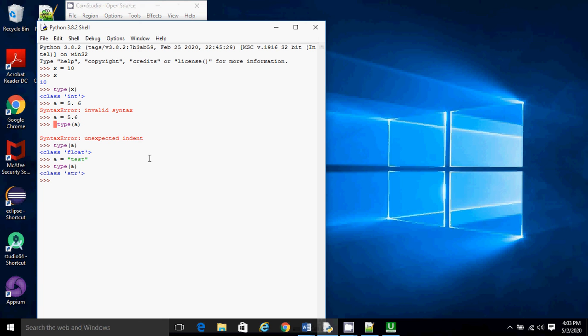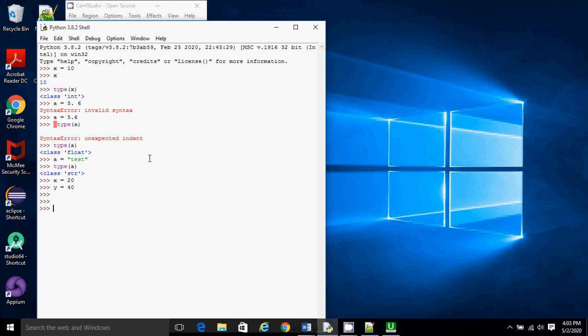Now I want to highlight one more thing, or explain how variables are managed inside Python memory. So I will take an example. Suppose x = 20 and y = 40.